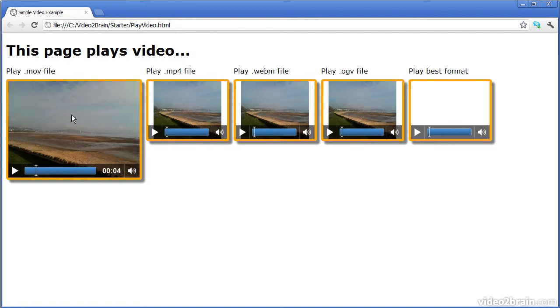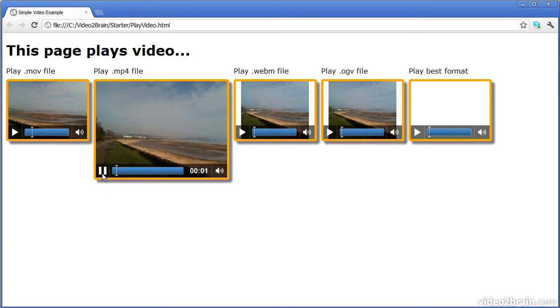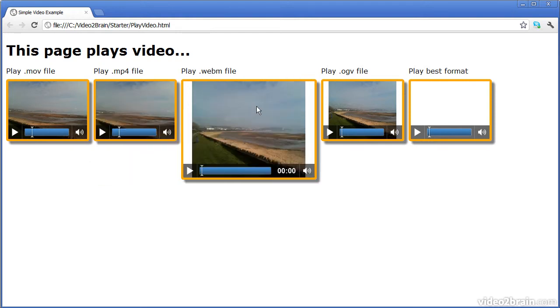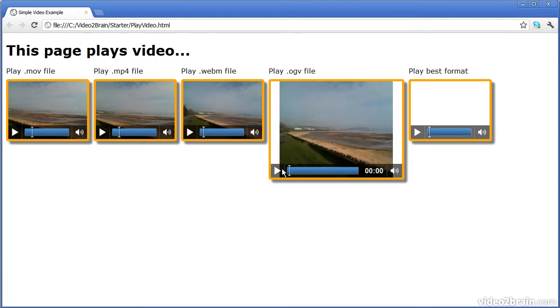So for example, this one here will display the MP4 file. I'll just start it and then stop it quickly. There we go, and it's the same. That one won't loop through at the end, it'll just stop. I won't run it, but you can imagine what would happen. This one here plays WebM files, and you can see what's going to happen. This one plays the OGV file,